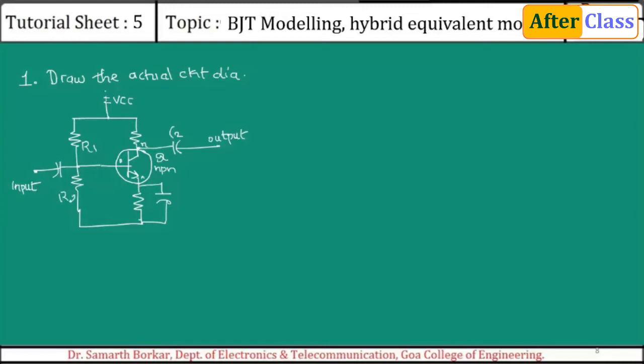R1, R2, RC, RE. As an electronics student, you're supposed to know how to design the amplifier. What are the components? What is the function of each and every component? Because these are the building blocks for any big circuitry. Always show this ground. Ground means the negative of this battery is connected common to this set of wires.